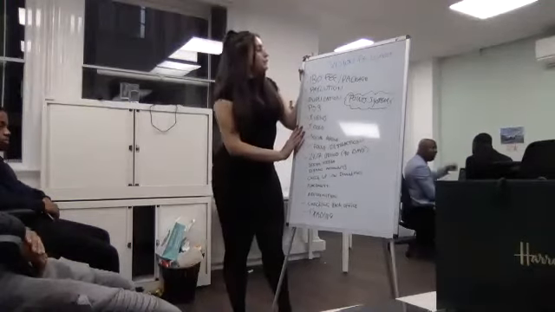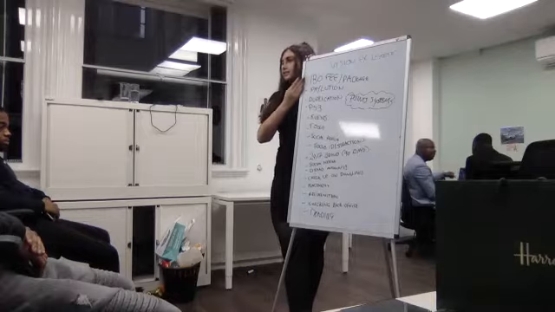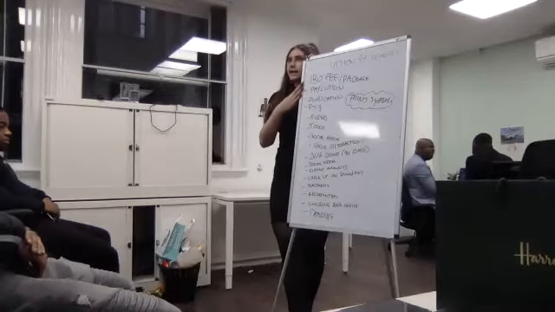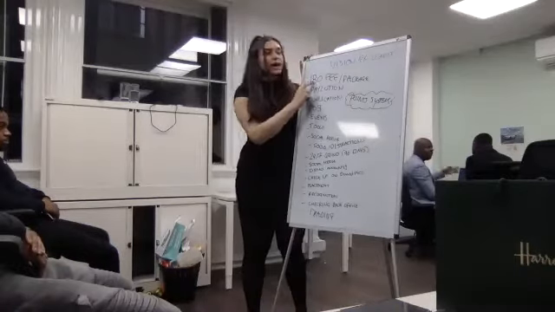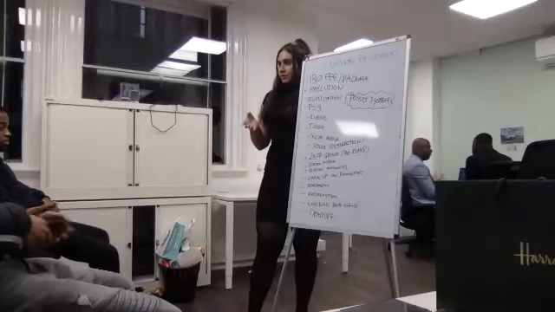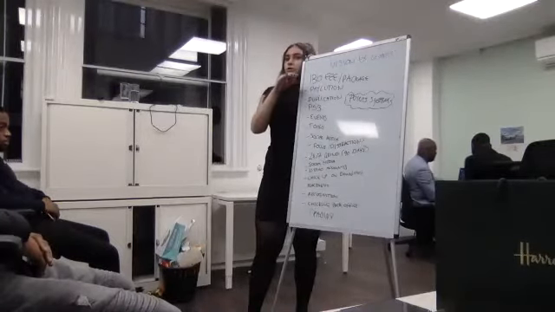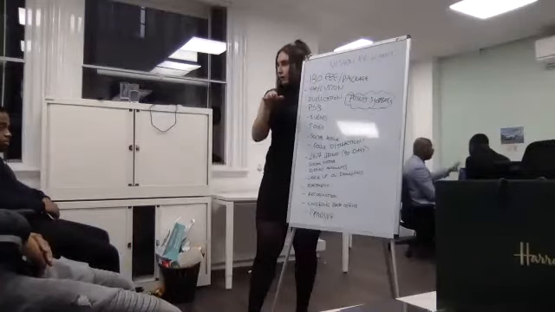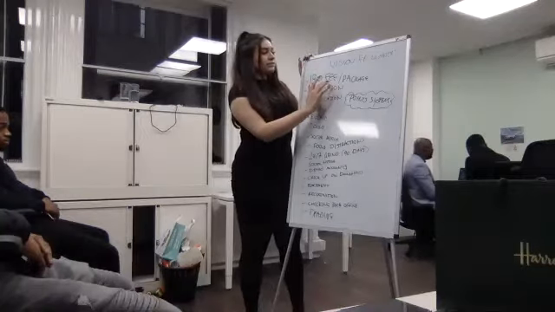The first thing I want to go over is the IBO fee and the package, why it's important, and the difference between them. The IBO fee is like $15, which is like £12, right? The reason that you pay the IBO fee is so that you can get paid from residuals. If you don't pay the IBO fee, you won't get paid. Does that make sense? You've got to make sure that your IBO fee is always paid every single month, or you won't get paid residually. So that's the importance of the IBO fee.